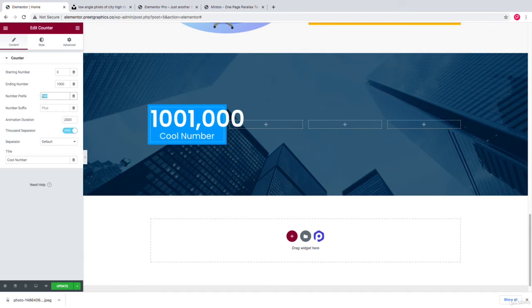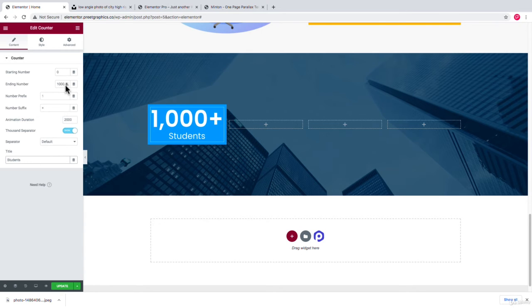So for now let's change this one to default, and we have number suffix. For example, if I add a plus icon, now you can see we have a plus icon right here, and here you can simply change the title. For example, I want to change it to subscribers or maybe students.